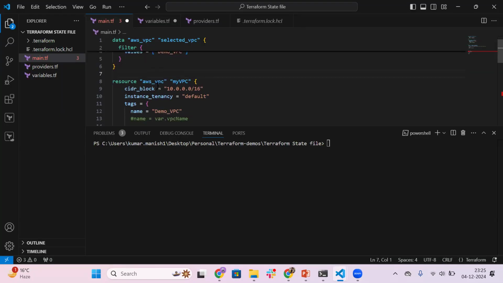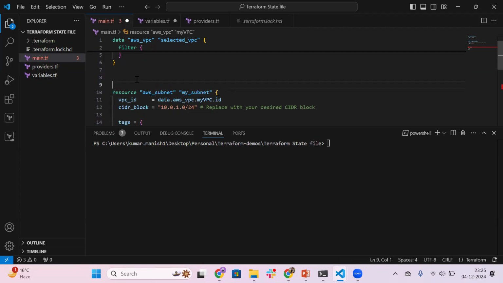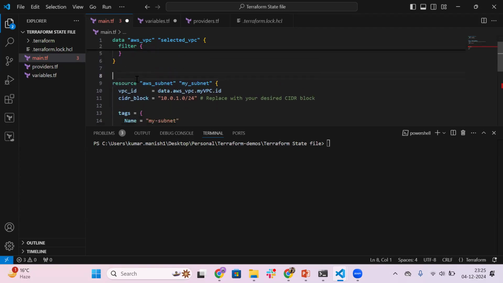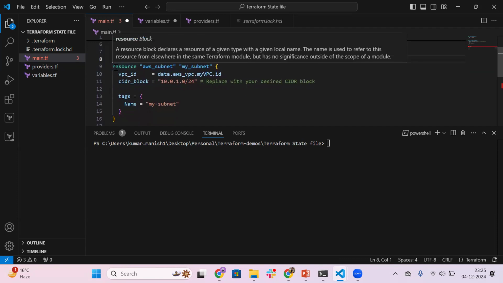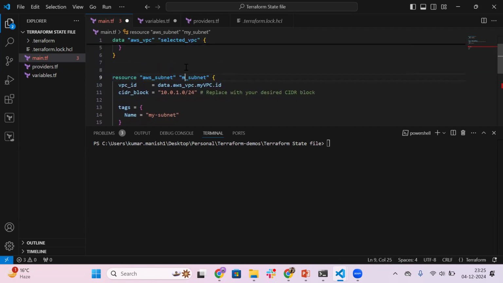So I'm just removing this particular value for the VPC creation. Okay, so now here I'm writing a resource aws_subnet. Rather than my subnet, I'm giving the alias as public subnet. First, I will be creating a public subnet. Camel case we will be using, public subnet, and the VPC ID and the CIDR block and the tag names